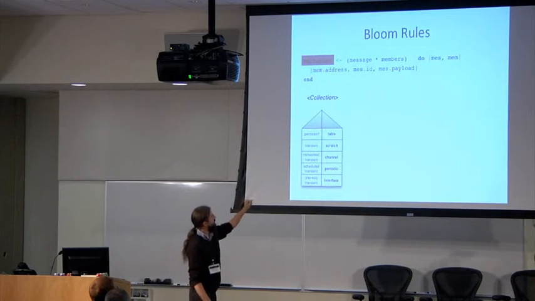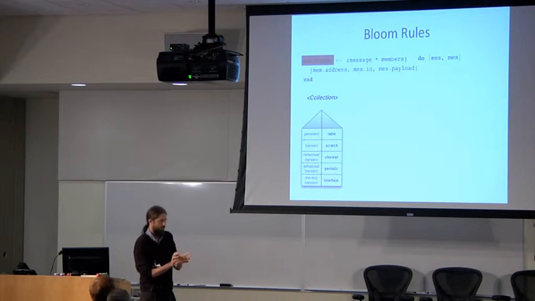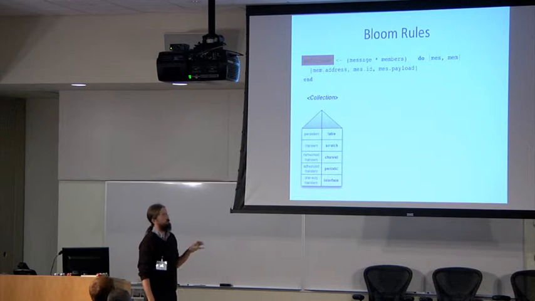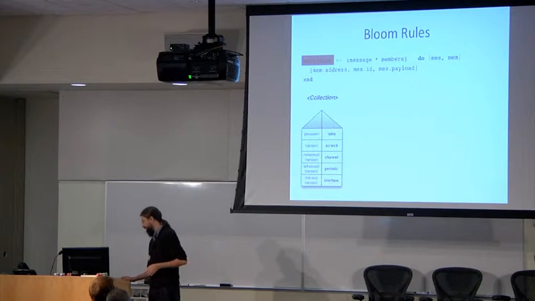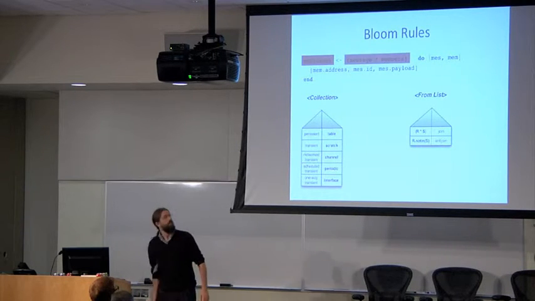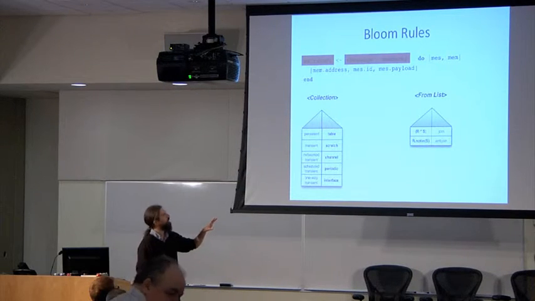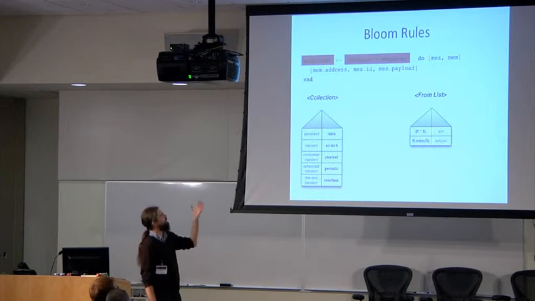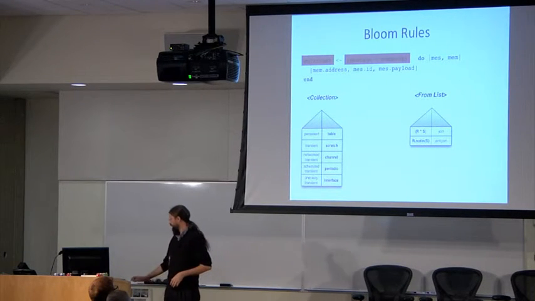Or they may be a special case transient, a channel that represents the movement of a record from one network endpoint to another. Now, if you define a channel, we insist that one of the attributes of that record be an address so that we know how to ship that tuple to another location on the network. Now, over on the right-hand side, we see something also familiar from databases. We have a from list. In this case, we're saying it is the join, or really the cross product, because we haven't restricted the join between message and member. So you have 3 members in your group, you have 1 message, so the cross product of those 2 things is going to be 3 rows that combine the tuples.